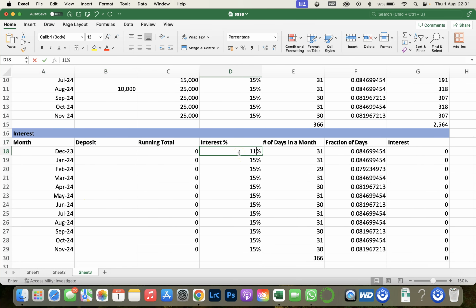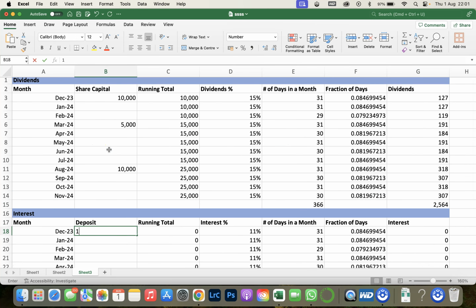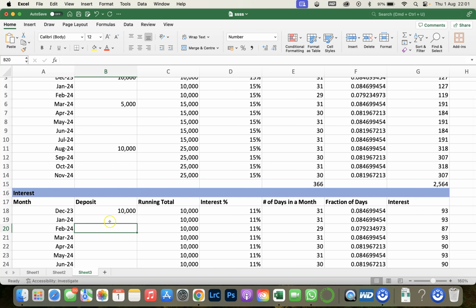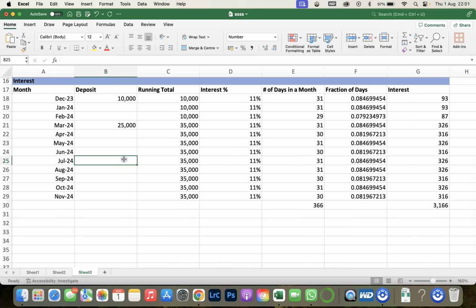Interest is usually in the range of 11, and I'm going to change all the way down and change it to 11. The number of days still remain the same. The calculation of this will be computed once we get the figures here, and the interest will show up on this other end. So the only thing we need to say here is, let's assume in December you also put 10,000 on your contributions, and then let's say in March you did another maybe 25,000. Okay, this is your contributions in SACCO, and then in July we say you did 10,000. The next month you did 5,000. The subsequent month, maybe in October, you did, let's say,